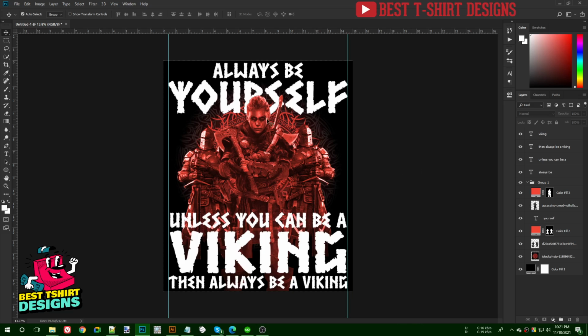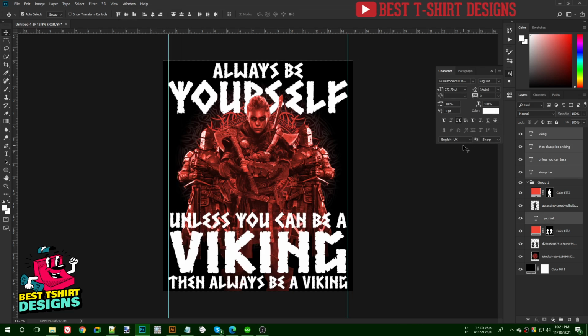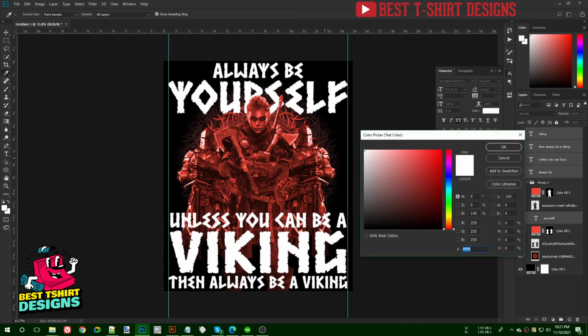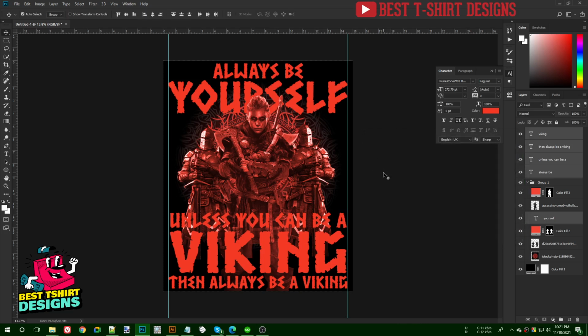I have to change the color theme to this original color that we can see here, and for doing that I'm going to select all this text layer together. Then from this character panel, if you don't have that, go to window, check this character panel, it will come here. So if I click on this white layer, I can simply select these colors from here, and you can see this is giving me that exact color. So everything is looking in that same color combination, that is fine.